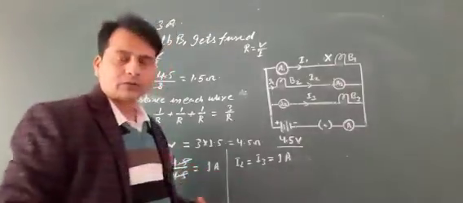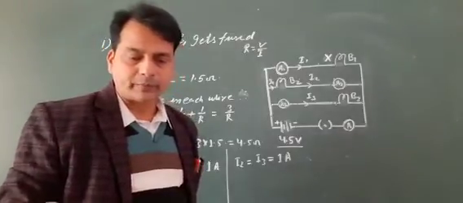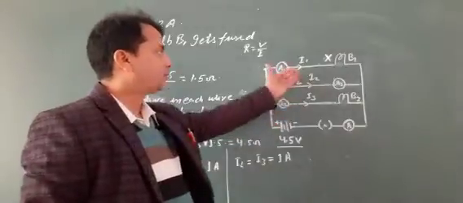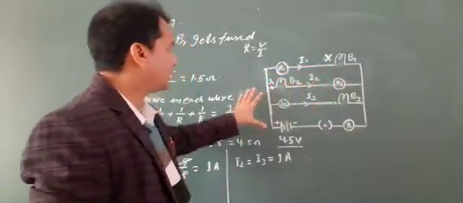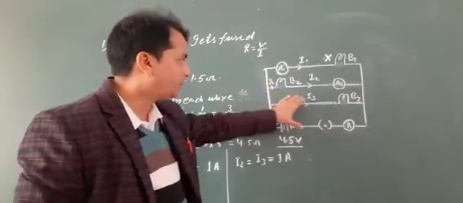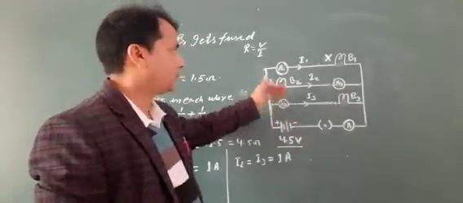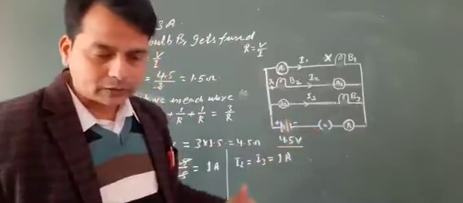According to the first question, what happens to the glow of the two bulbs when bulb V1 gets fused? If the bulb V1 gets fused, then electric current I2 and I3 is the same, so there is no effect on the bulb V2 and V3. Now the next question is here.